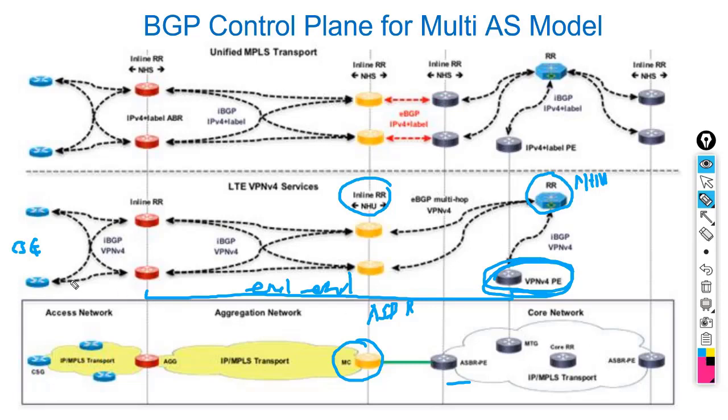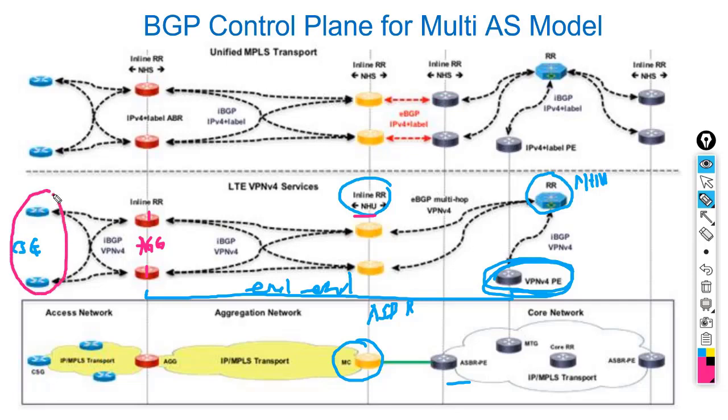In the reverse direction, it is also the same. The VPN route from CSG is advertised to AGG, then AGG advertises to MTC or metro core. The metro core by default will modify the next hop to its own IP address. So we need to enable next hop unchanged on the metro core so that it keeps the next hop as the IP address of the AGG when advertising the VPNv4 route to the router in the core network. When the AGG advertises the VPN route to the metro core, the next hop will be set to itself, not the IP address of CSG,